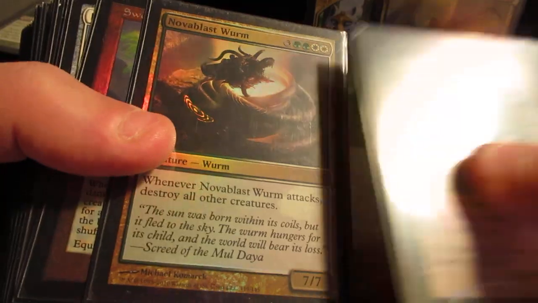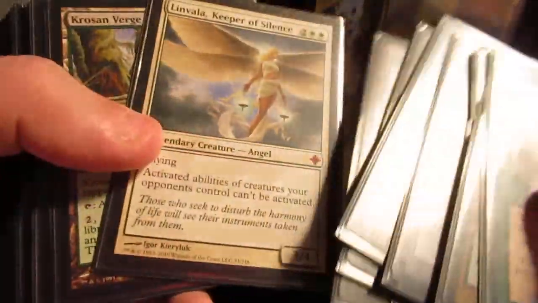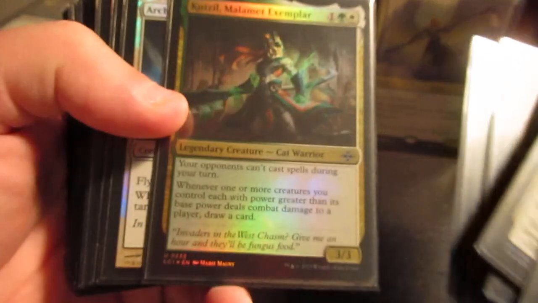23 white, 25 white, 26, 27, 28, 29, 30, 31, 32, 33. This guy,